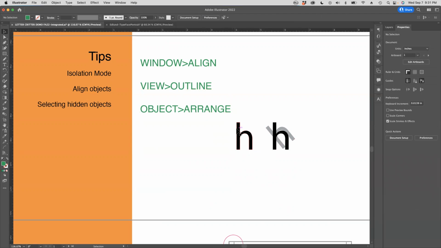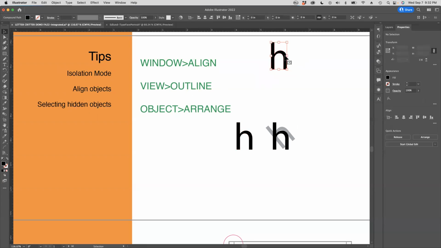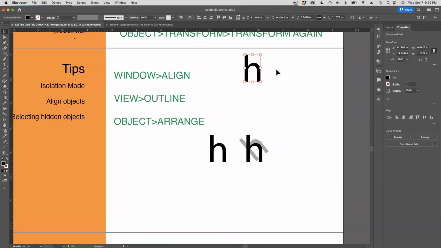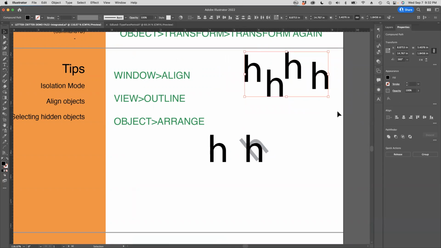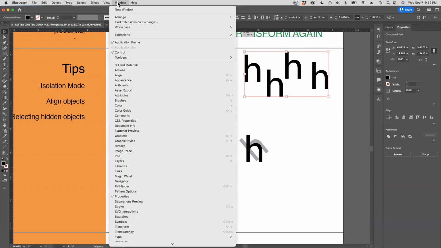All right, so that's isolation mode. Watch out for it. It can be useful, but it can also be frustrating if you don't know how to get out of it. Aligning objects can be useful. Let's make a copy of this guy. And let's say I was working and I made a whole bunch of them, and I wanted to clean it up a little bit. So select all of them, drag and select, and then go up to Window, Align,